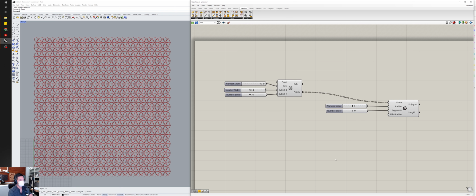That would offer us the opportunity to create variation, but it can't be random. We can't just say, oh, let's create a list of random values to put in here,